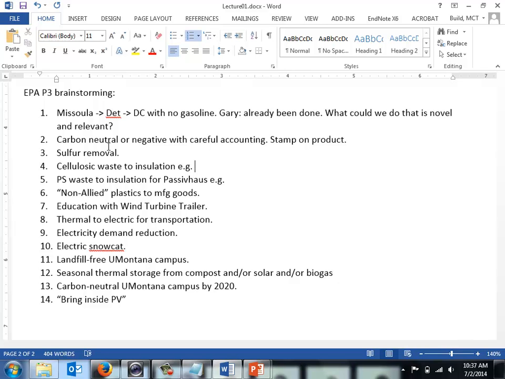And then there's another faculty member we have here, Zandy Sievers, who's come up with this very thick 2-foot wall passive house design. So, cleaning it and giving him the raw material to actually make these structures. This is another one, like the non-allied plastics, some like the number 5s that are a little more challenging.